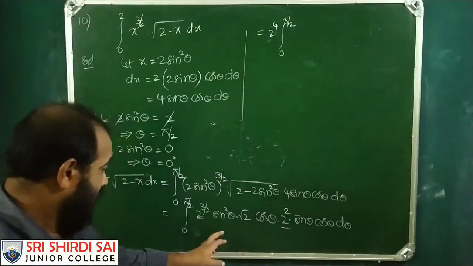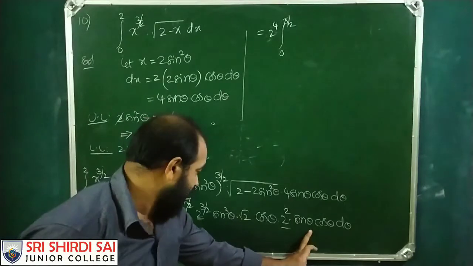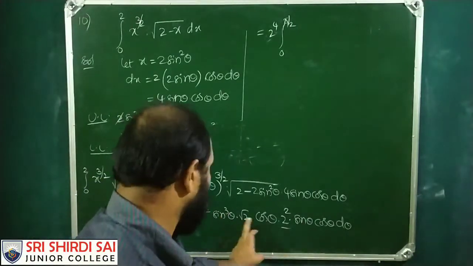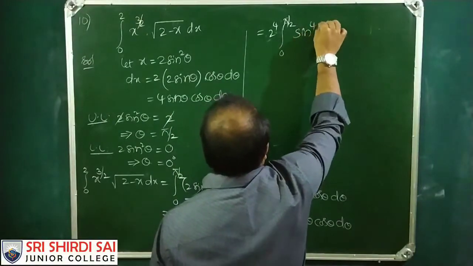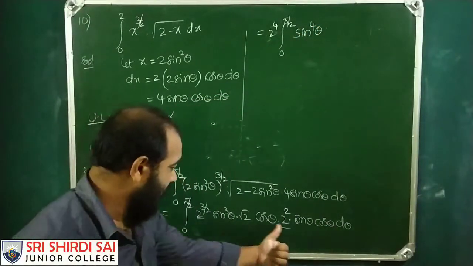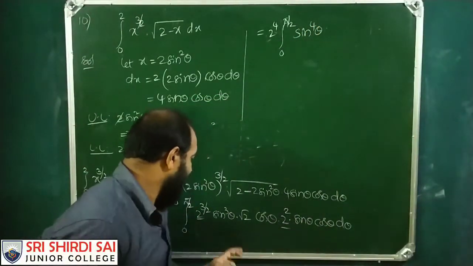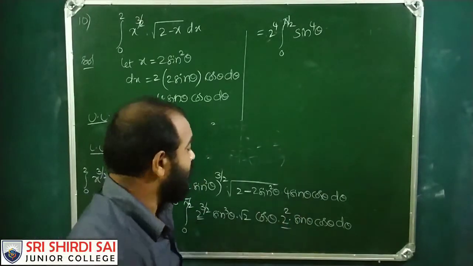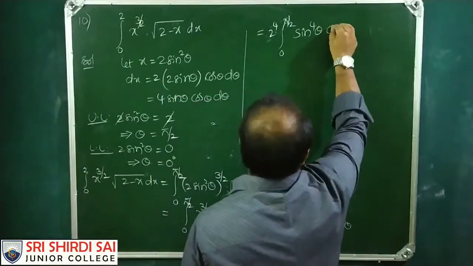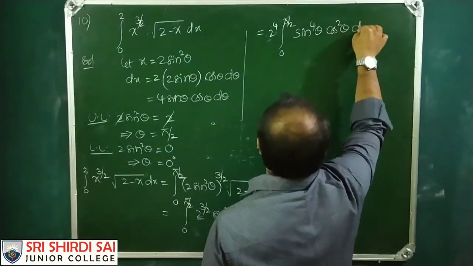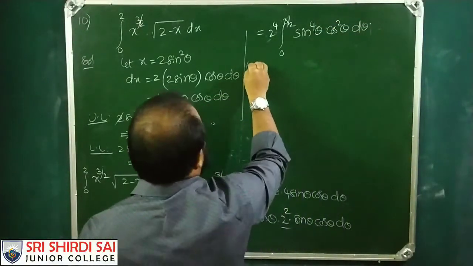Next, sin cube theta into sin theta. Sin cube theta into sin theta is sin power 4 theta. Sin cube theta, sin theta, bases equal, exponents 3 plus 1, 4. So sin 4 theta into cos square theta d theta. We have